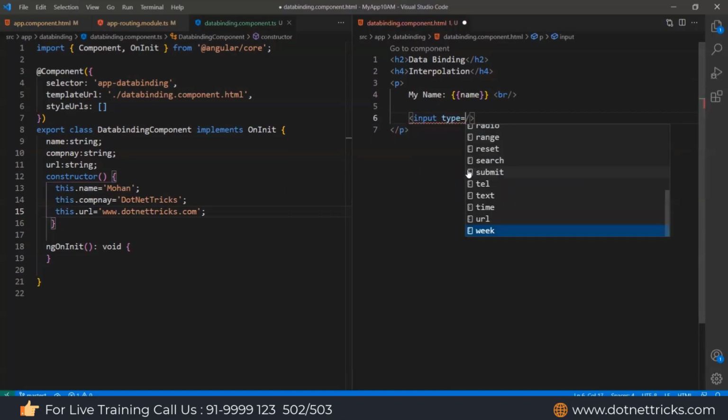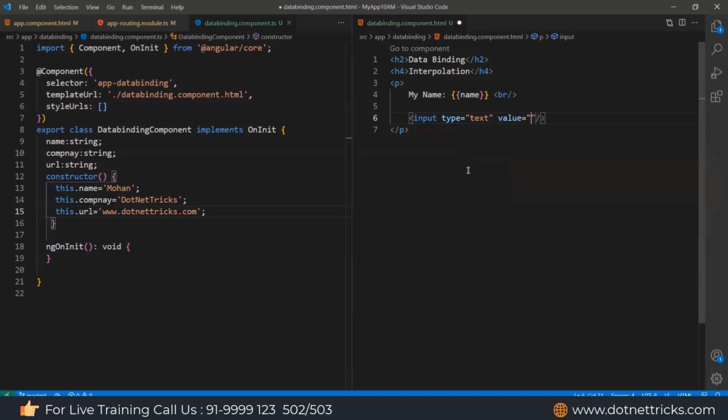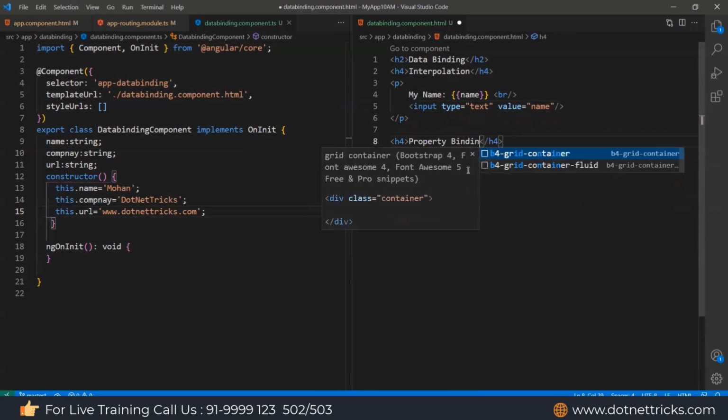As the input type, I'm using a text box this way. This is my input type text box, and we have the value field. This value I can set with the name this way. This is my interpolation. The same thing I can use in property binding as well.